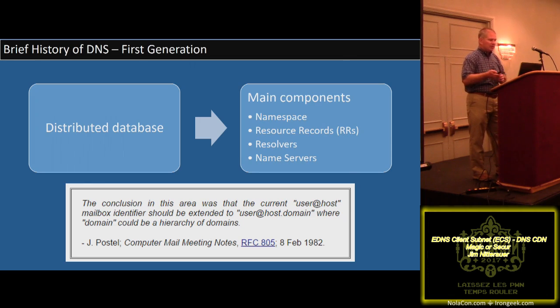Each of the namespaces has resource records. They're called RRs, or resource records. Those resource records then tell which resolvers and name servers are allowed to answer authoritatively for that domain. And the original reason that DNS came out